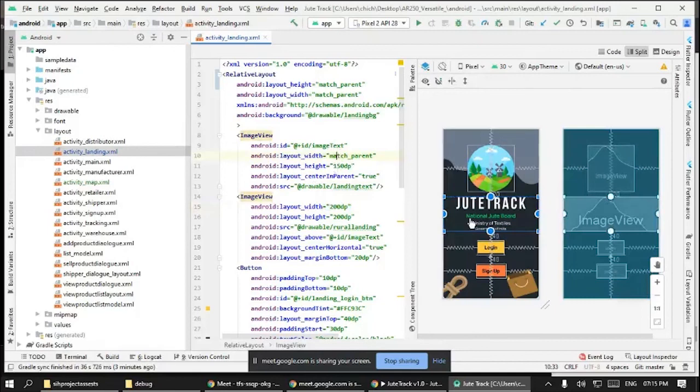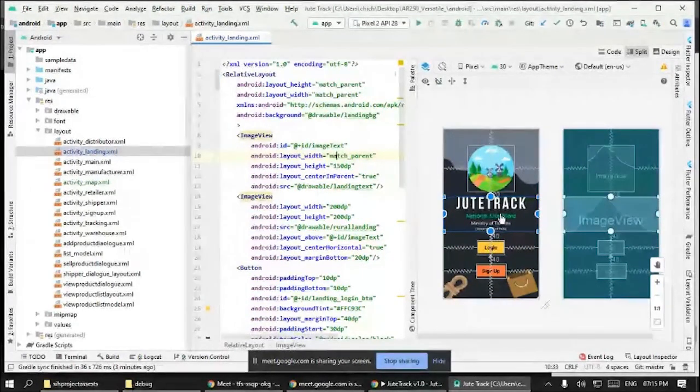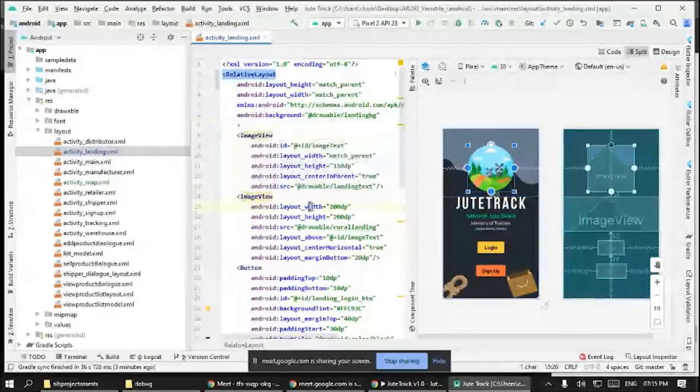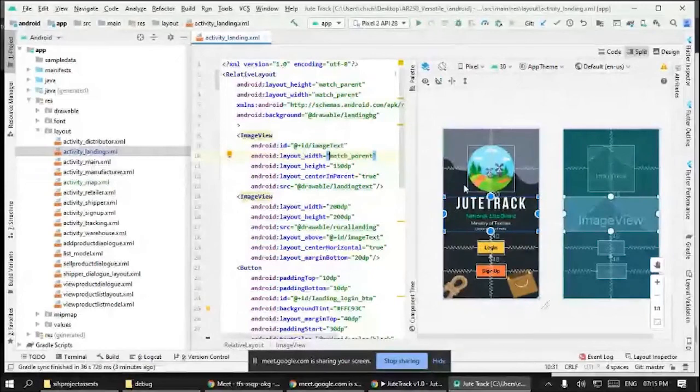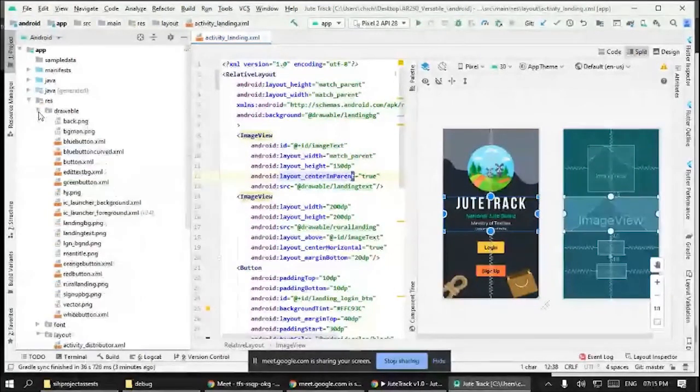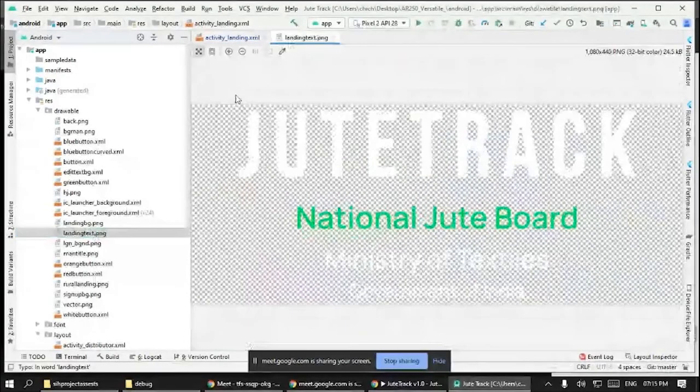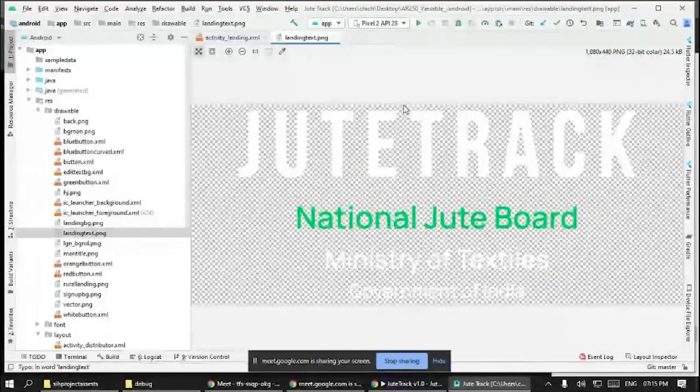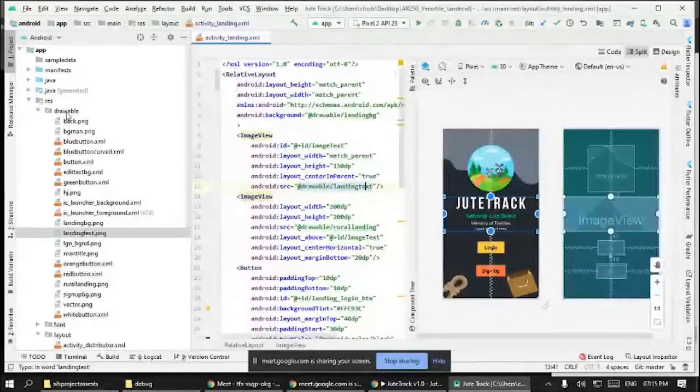Oh, sorry. As I said, he colors the text fancy. He uses fancy text and fancy colors, so it was hard for me to use a text view and implement all of that. So I used an image view and had him export that as a PNG. There is this image in drawable, I guess. Landing text. Here is that image he exported for me from Figma. I placed it in the drawable folder.